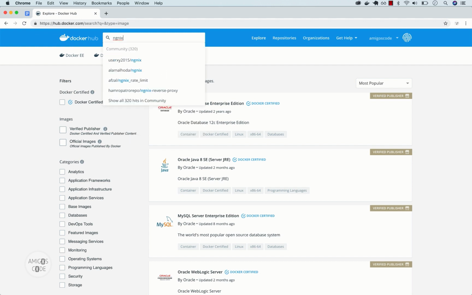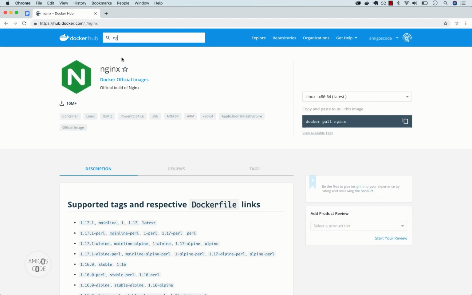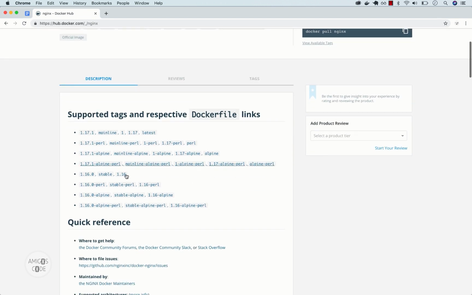Nginx. I always get this name wrong. So Nginx, just like that. Nginx is simply a web server, a reverse proxy, a load balancer, and it's very popular and it's used all over the internet. If I scroll down, you can see that they have some tags, and we're going